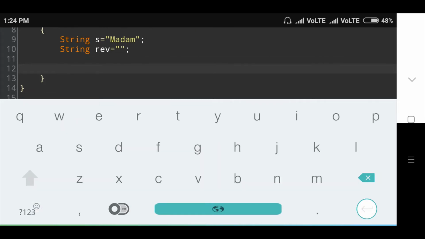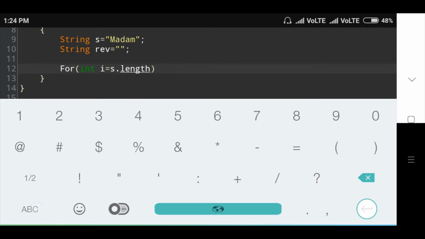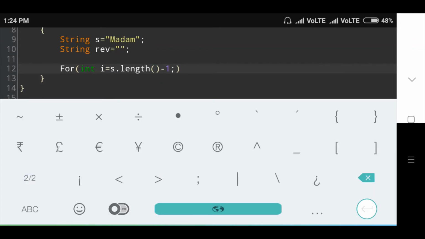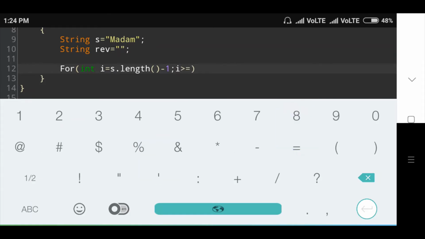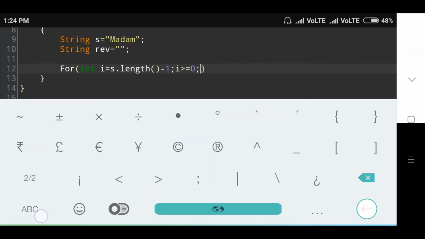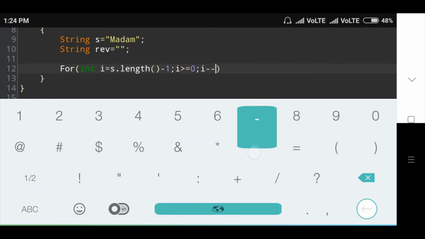Then the for loop condition: for int i is equal to s dot length minus 1, then i is greater than or equal to 0, and i minus minus.